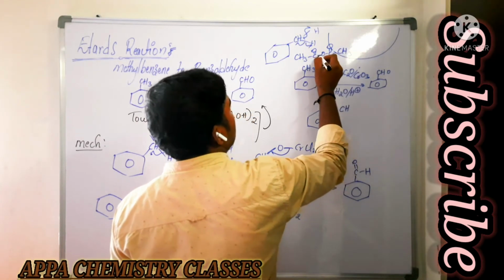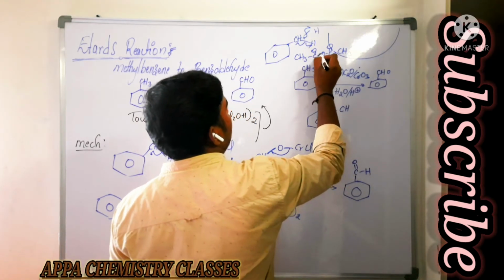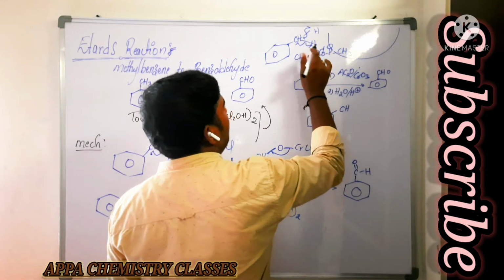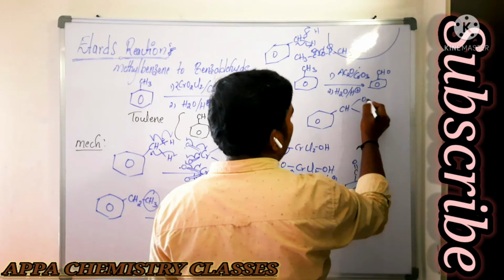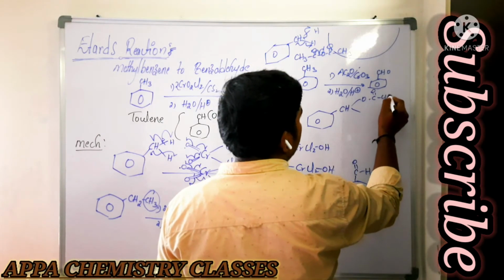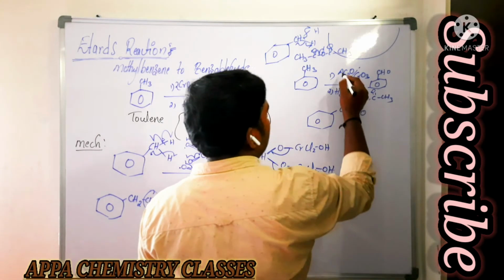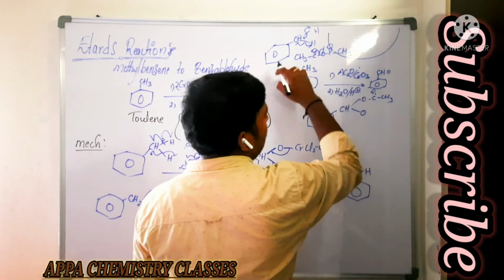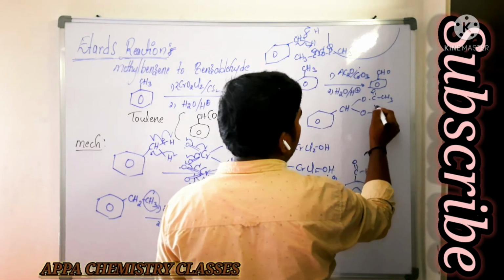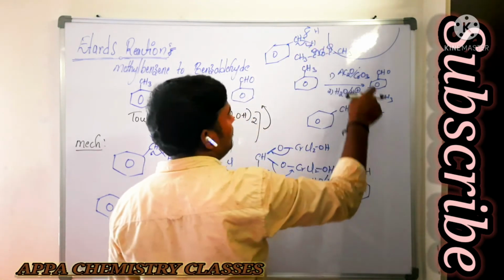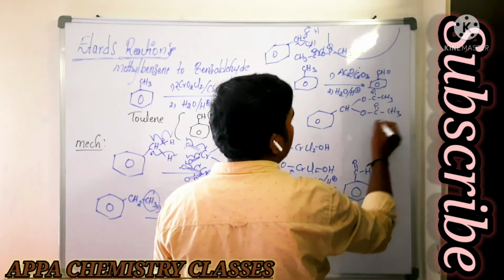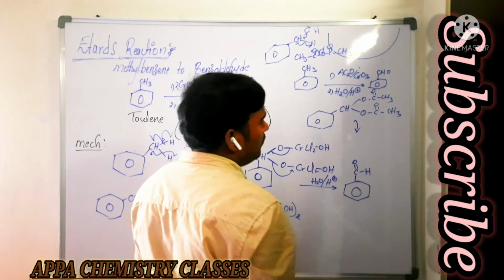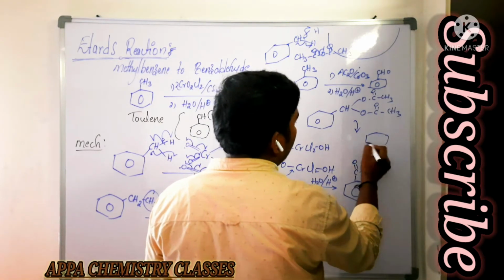Now in this case also what happens? Homolytic bond fission will take place. So here carbon radical. Now both will be bonded to those two compounds, OC double bond OCH3 here. We have to take the 2 moles here. This radical will be bonded on both the carbons, and both hydrogens are replaced by those two, and we are going to get this one, which upon hydrolysis we are going to get the benzaldehyde.